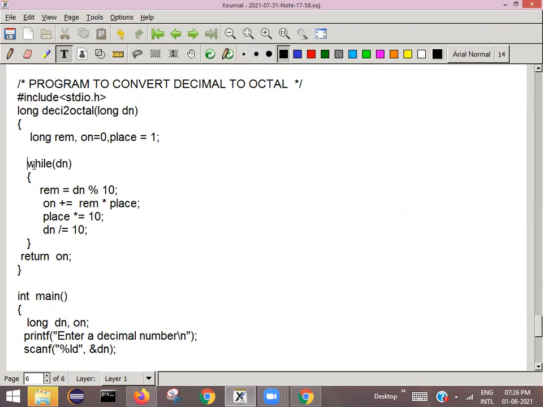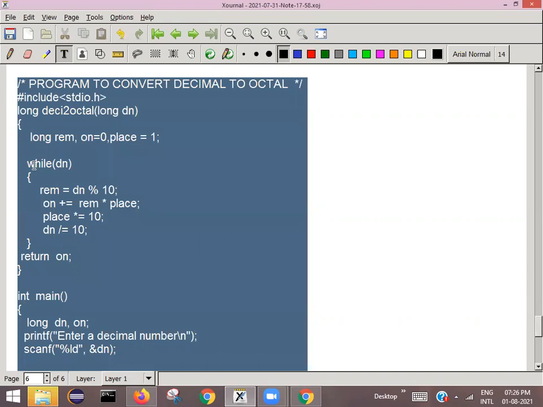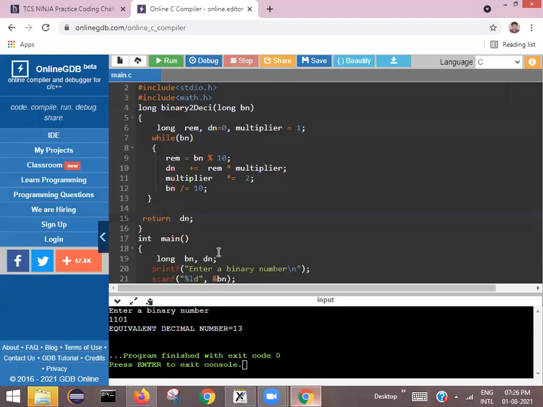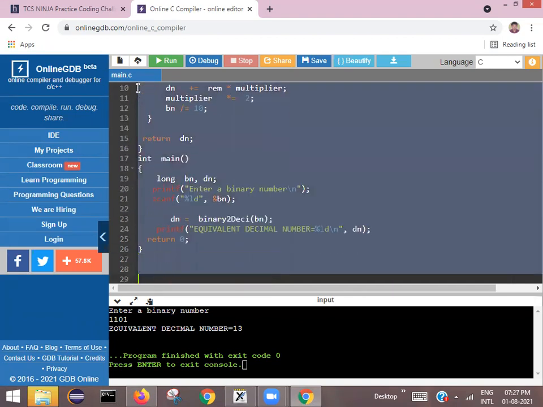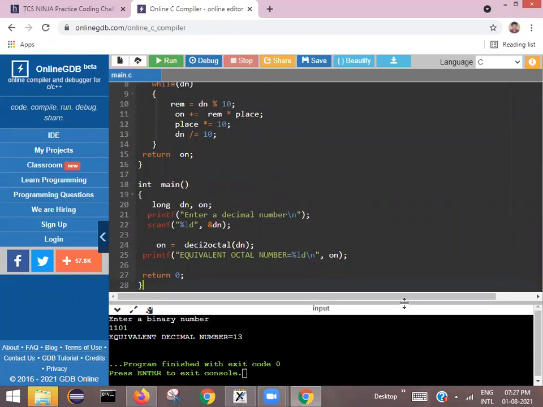Over my function. Okay, so I'm copying this code into my online compiler. Let me see the output of this code. Okay, I'll copy this. Yeah, this is our multiplier. Yes, friends, I got my code onto the online compiler.